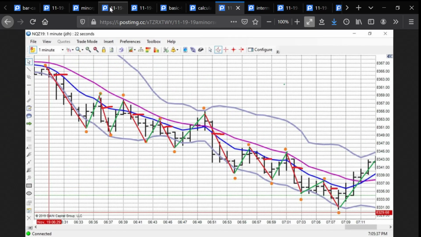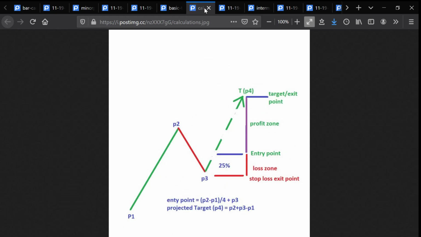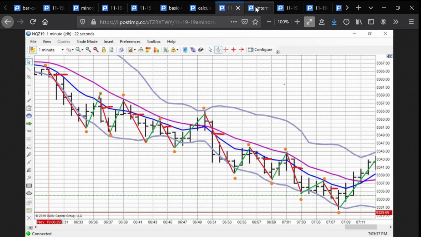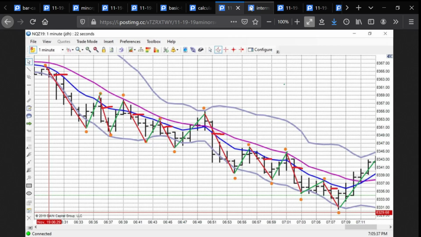So the thing you want to be conscious of is that there's also intermediate swings happening on top of the minor swings, and the highest odds trades are going to be to have your minor action swings in the same direction as your intermediate action swings, and I'll show you what I mean by that. So let's plot the